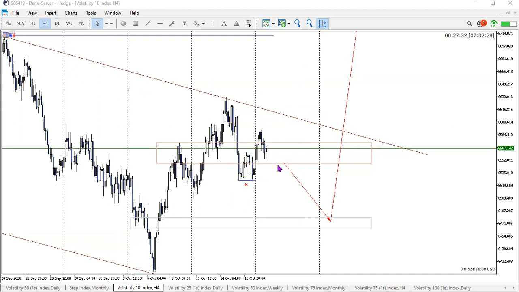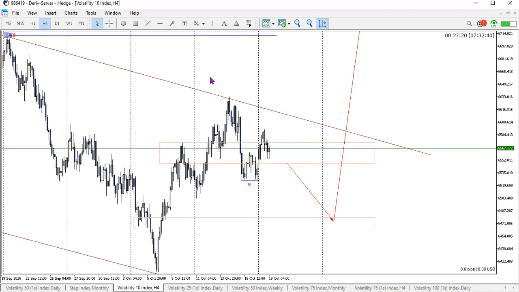But just keep your mind open about the fact that we are expecting to see price push back to the downside. So I won't be looking to take part in the buy, but I'll most likely look to take part in the sell back to the downside. Another thing I can highlight on this chart is the fact that we've got this head and shoulders type of pattern that's currently playing out. So we're waiting for the right shoulder to sort of confirm. And once that's done, we'll look to take the sell back to the downside, right?